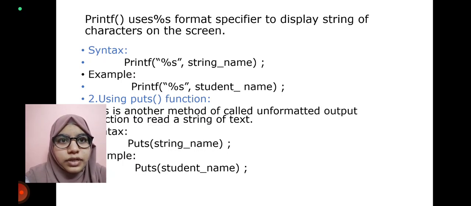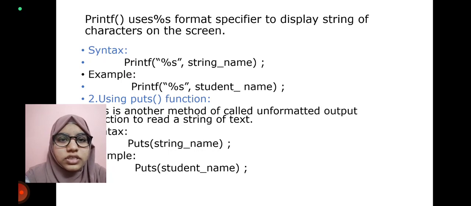General syntax: printf("%s", string_name); Example: printf("%s", student_name);